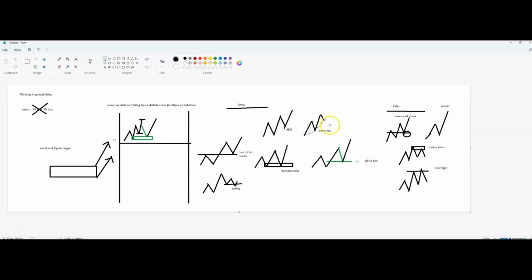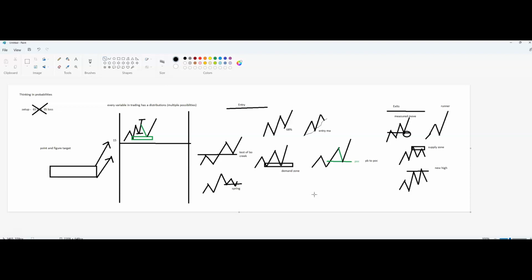How many of those winners did you enter at the test of the breakout versus the demand zone as the best point of entry? How many of those winners, when they pulled back for an entry, was the entry here, or at the POC, or just at a Fibonacci level, or just at a moving average that didn't coincide with any of this? Those 65, 75, 70% winners are not telling you the entry,